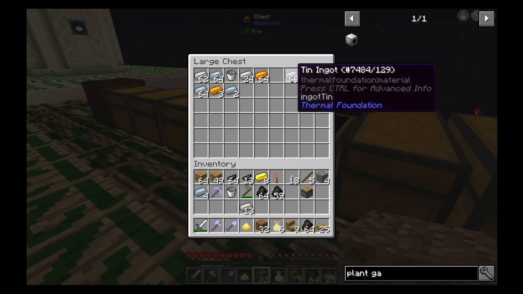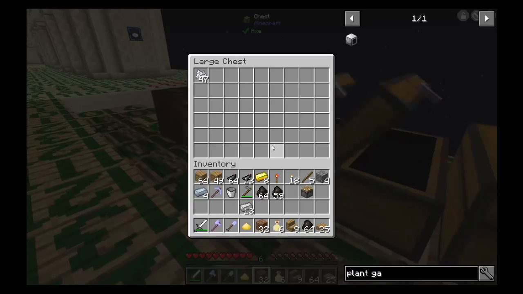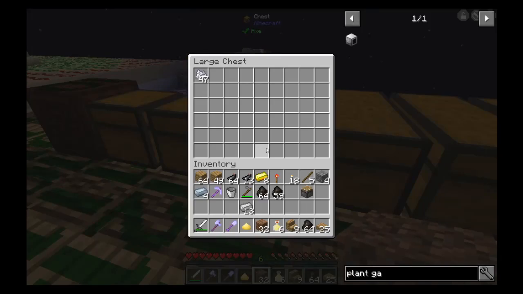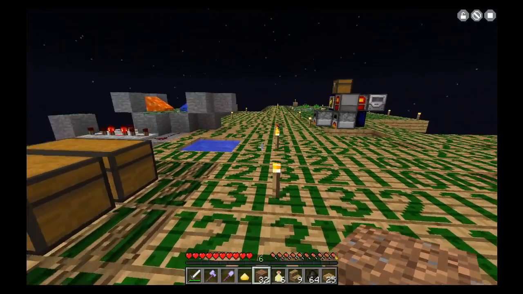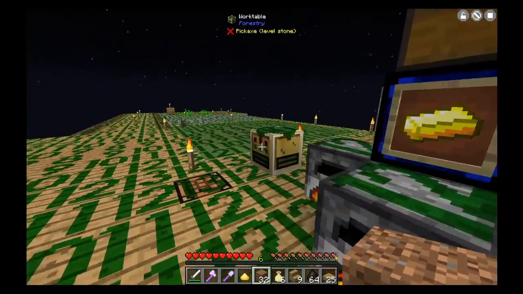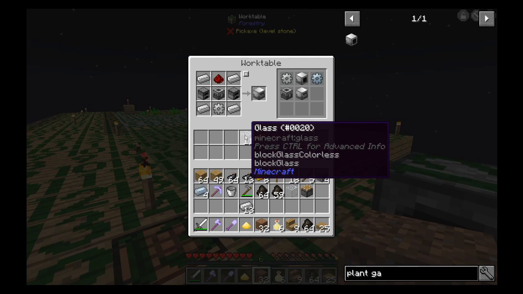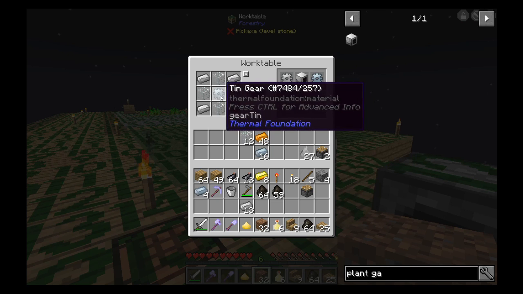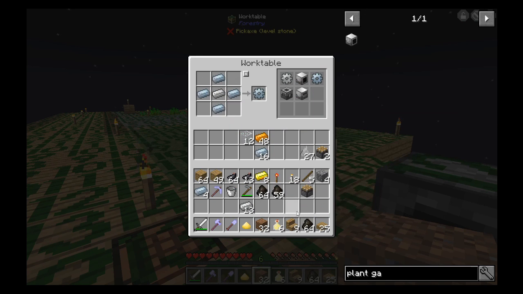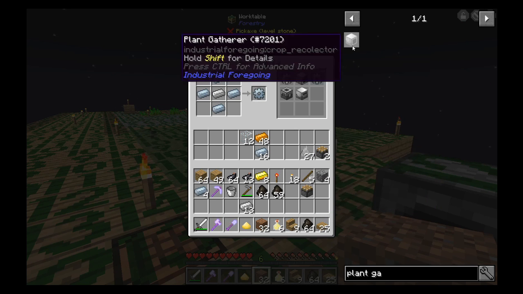Oh, get the tin here. Huh. I swear I had some glass. Maybe it's... Actually, I know where it's at. I know exactly where it's at. Yep, it's right there. So with that said here, I can go ahead and start making the plant gatherer, which